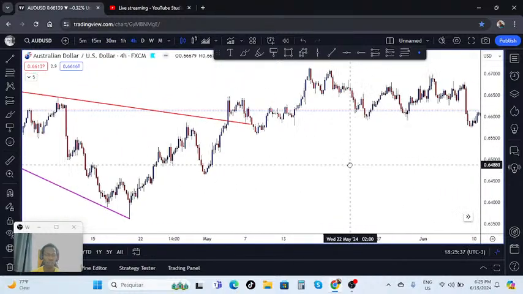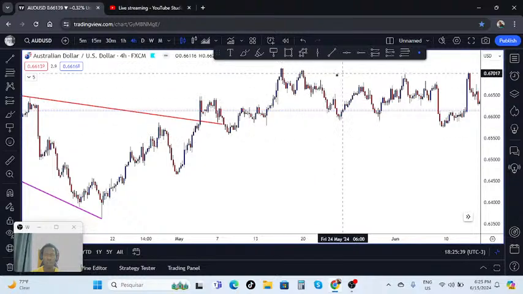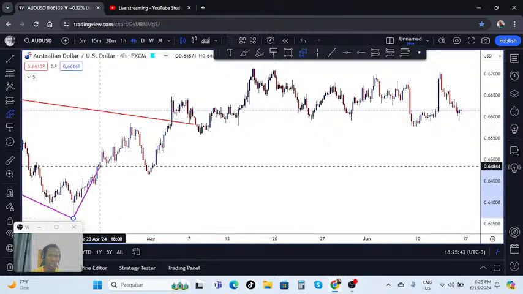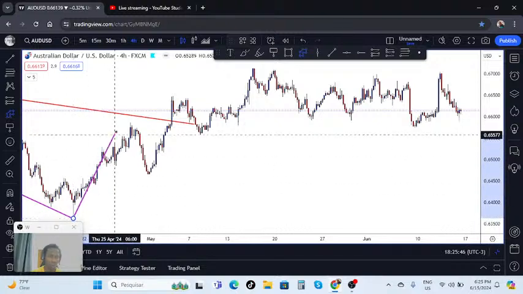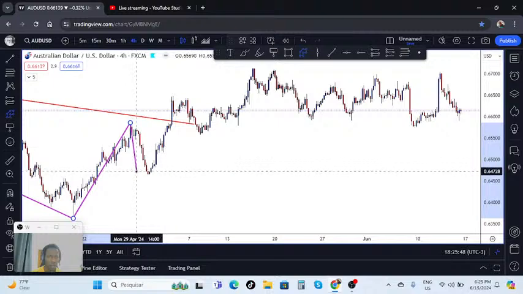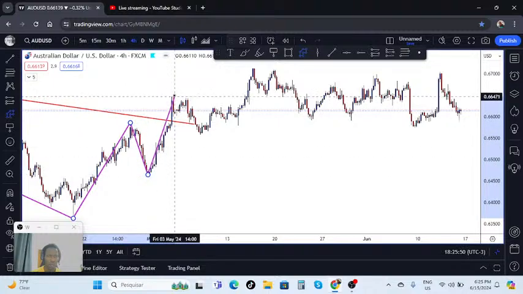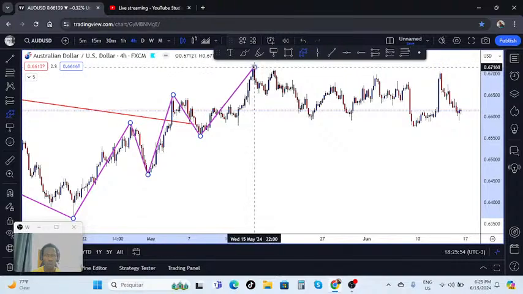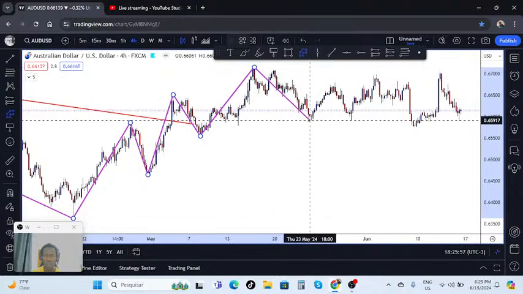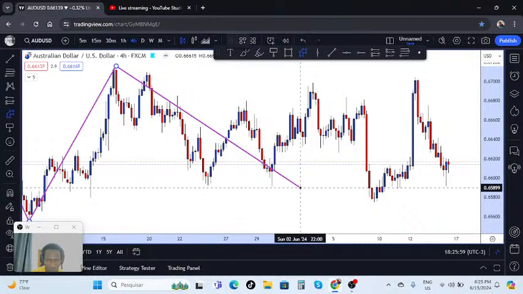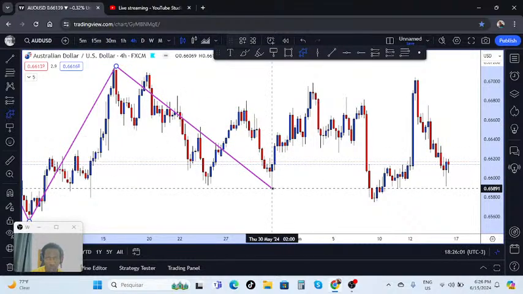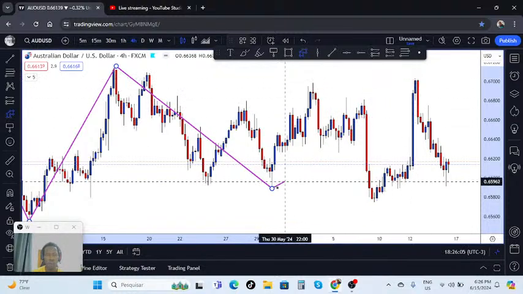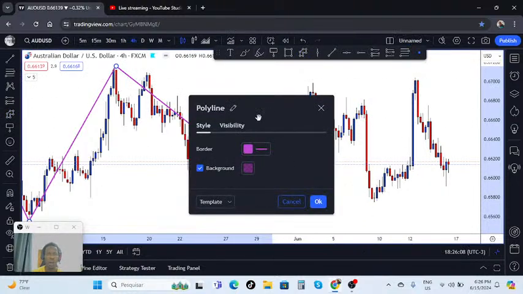The market structure right now on the 4-hour time frame is what? Is up. So we have an extension, yes, we have a retracement here, retracement, we have extension, we have a retracement, we have a huge extension, and where is the lowest low? So I think this is the lowest low, this is a low, extension, and we need a high. So far this is where we are. All right guys,